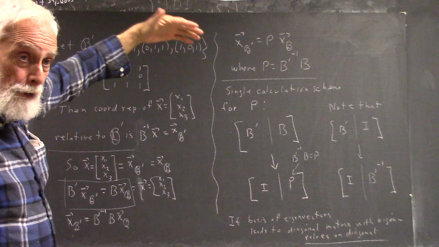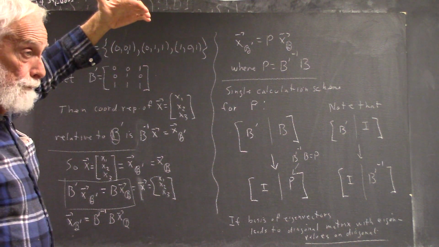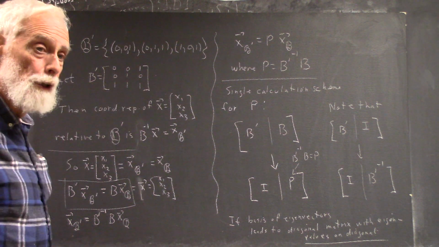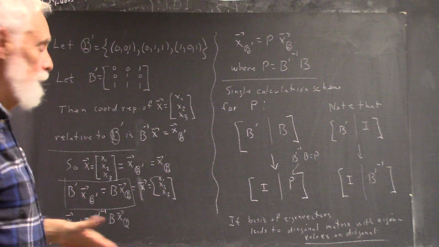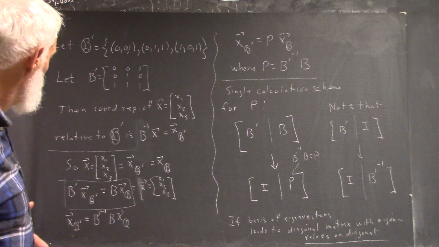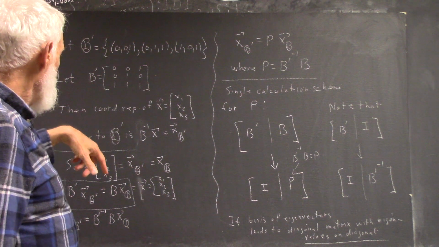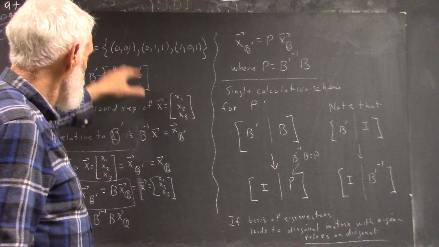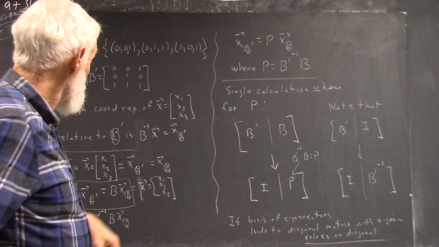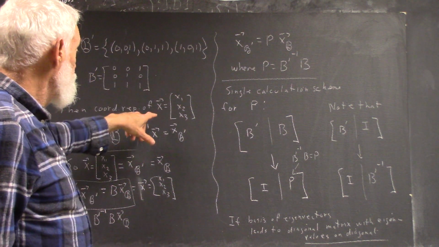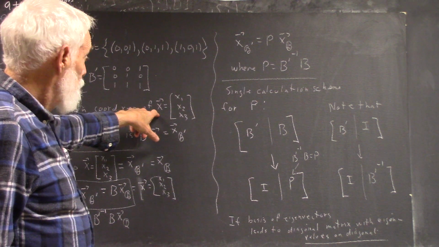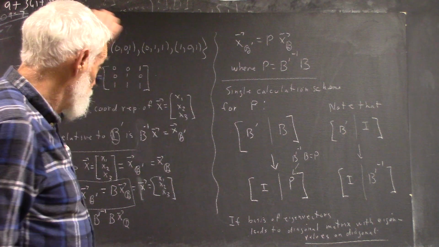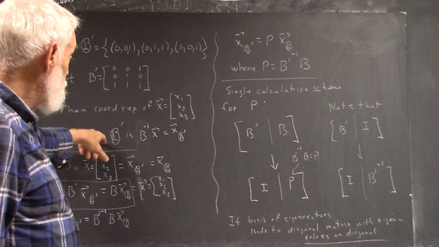Script B is going to stand for the basis, and B is going to be the matrix that you get from that basis, as we did previously. So there's the basis, and there's the matrix consisting of the column vectors corresponding to the basis vectors. Then a coordinate representation of any x, which is just x1, x2, x3, that's just three numbers in R3, relative to B prime would be,